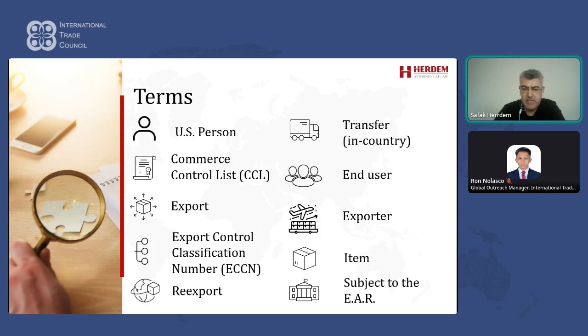Export, the term export under the Export Administration Regulations, refers to the sending or taking of goods or technologies out of the United States to a foreign country, or the release of technology or software to a foreign national within the United States. This may include activities such as shipping goods to a foreign country, sending goods by mail or courier to a foreign country, transferring goods to a foreign national within the United States, disclosing technology or software to a foreign national within the United States, and making goods or technologies available to a foreign national within the United States. And exports